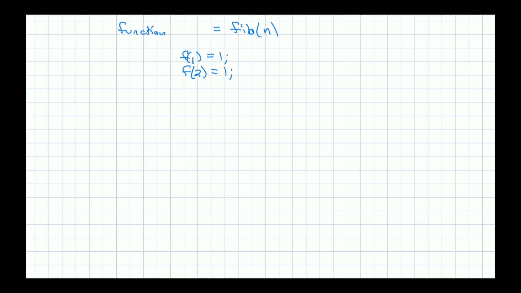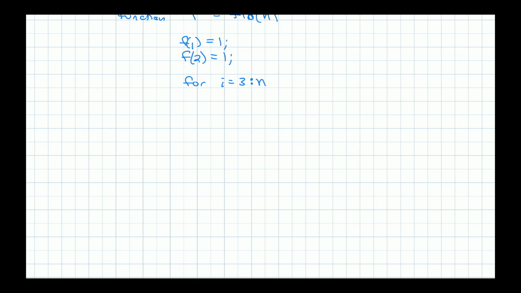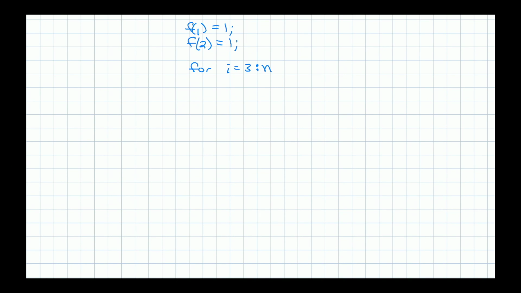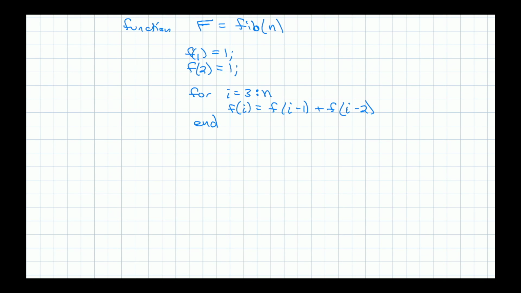Actually, let me do this, with a capital F there. So F1 is 1, F2 is 1, and then we can do a for loop, i equals 3 up to n, which will not happen if n is less than 3. Then you could say Fi is Fi minus 1 plus Fi minus 2. Now, at the end of this loop, you've calculated all of the Fibonacci numbers up to n and potentially extra. Like if you call fib1, for example,